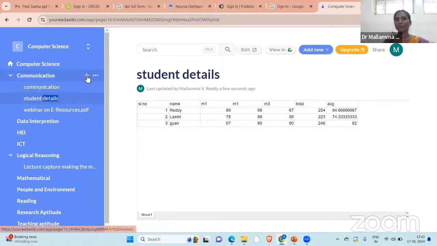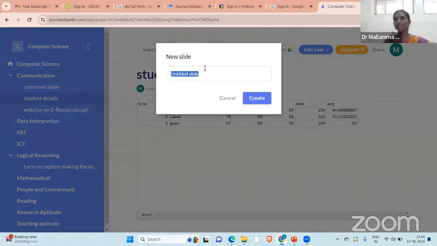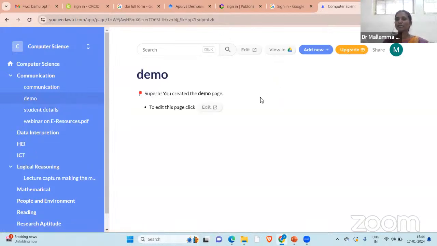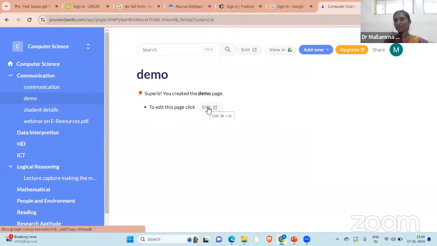Yes, so can we go to the PPT now? Please, ma'am. So just use the slide, give the slide a demo, any name. Okay, demo and say create. So how we create a PPT in our computer, the same way we can do it here. So let's go with the edit option. Here there are two ways of edit. One is here, second is here. Here also you can add new. The same options come here also. There are two places where you can do the same task. Now, can I go to the edit?